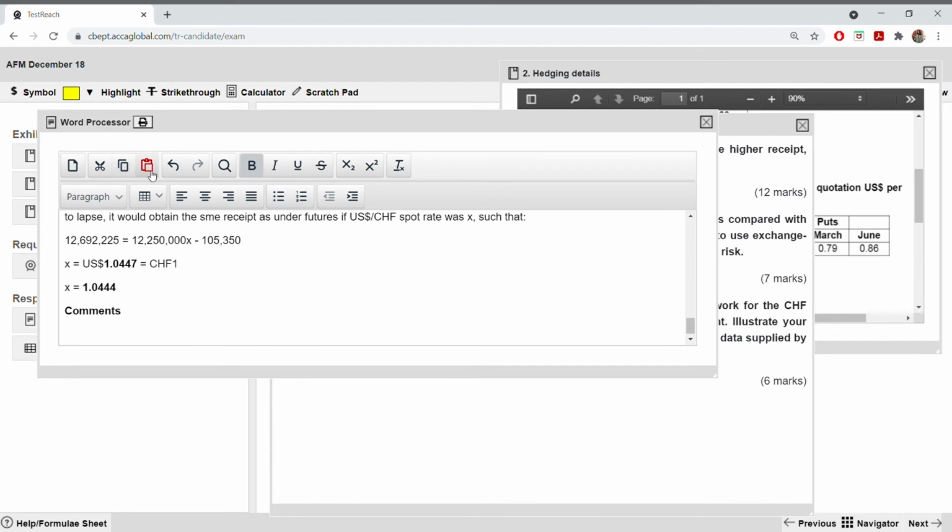So now you have to write. How are you going to write? You can start with anything, whether the option is exercised or not, with futures and all. This is like a conclusion. You are giving a recommendation. Basically it's like a summary. If the option is exercised, which one is giving the higher receipt? If the option is not exercised, which one is giving the higher receipt? Okay, so if the options are exercised, futures would give the higher receipt. We just saw that.